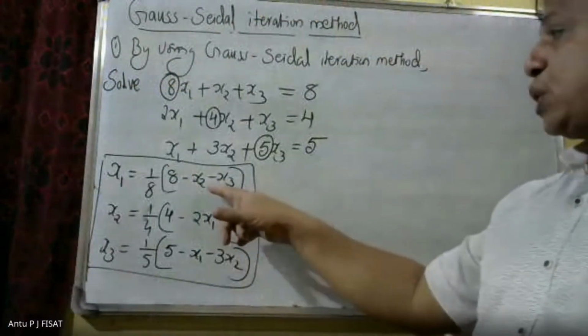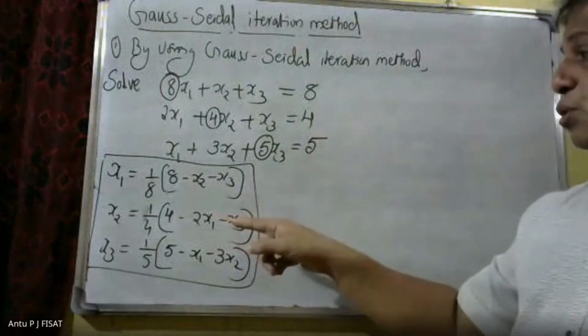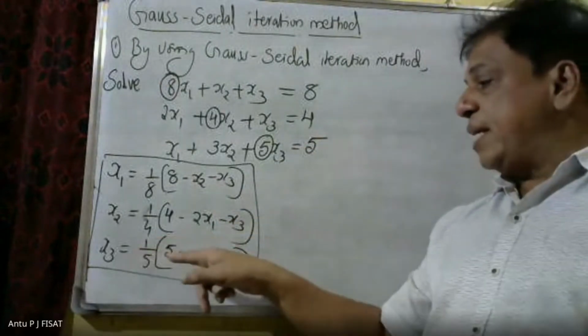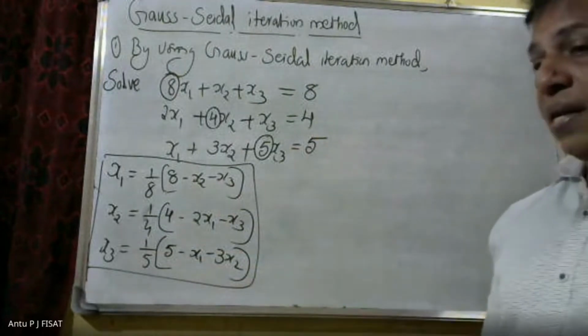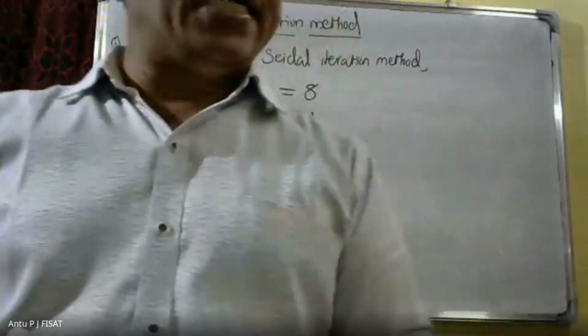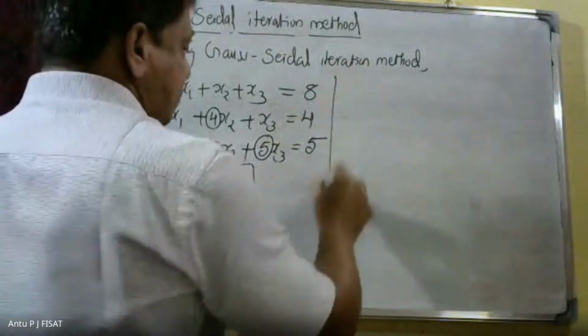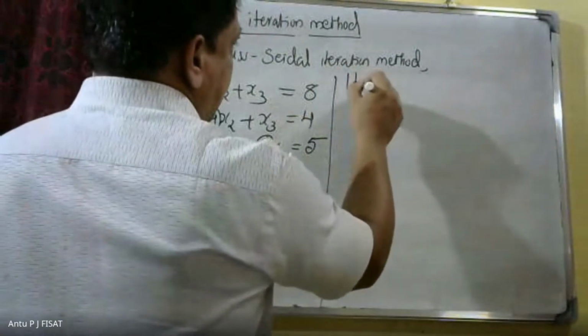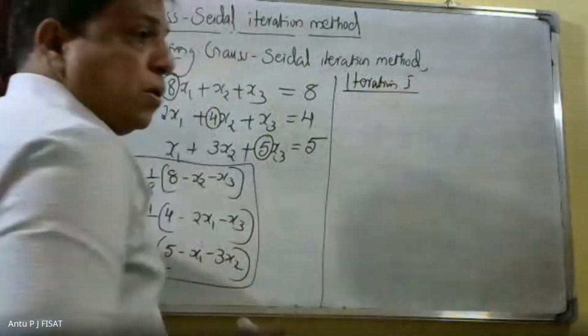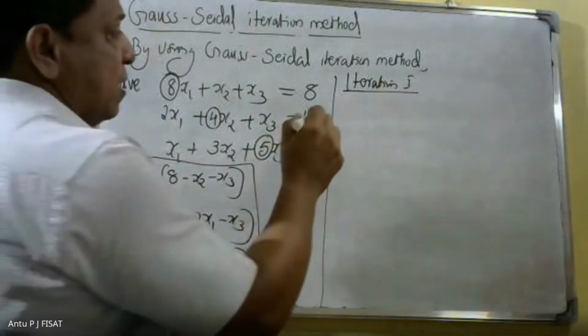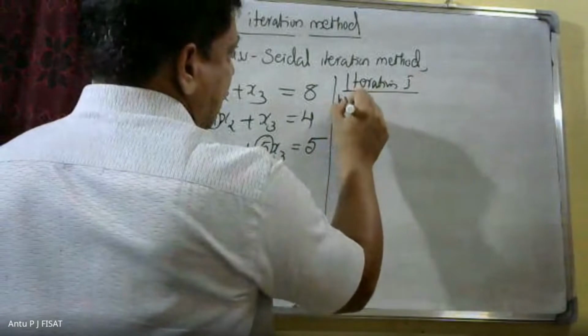x1 in terms of x2, x3. x2 in terms of x1, x3. x3 in terms of x1 and x2. Then, we use iteration 1. In the first iteration, we take